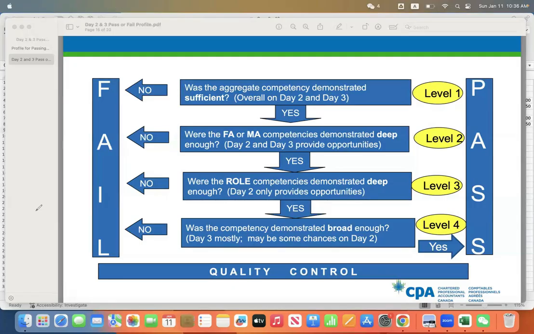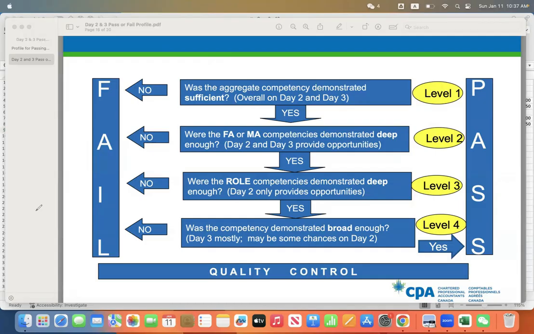They failed maybe level four, which I'm going to talk about later, because they spent too much time during day three worrying about financial reporting. They spent so much time on all those financial reporting assessment opportunities, but abandoned lots of other AOs in taxation or finance or strategy and governance or whatever, and then failed day three. So don't change your exam strategy. Just do the same thing in day three as you practiced every day before the exam. Don't think about day two. It has already passed. Understand what I mean?